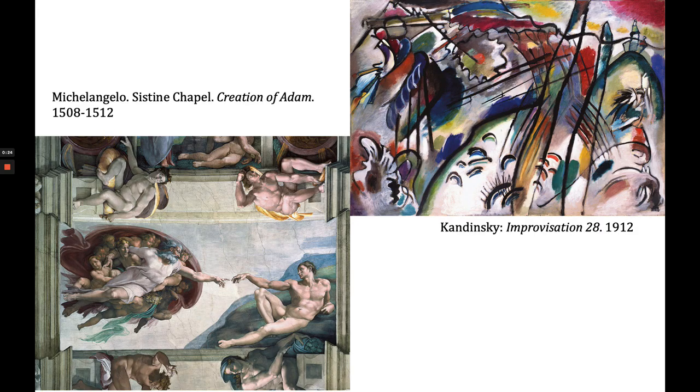And so what we're going to do this week as we cover modern art is discuss how the art world goes from something that looks like Michelangelo's Sistine Chapel, which is very visually realistic, focusing on telling a story, to Kandinsky's Improvisation No. 28, which is a movement towards abstraction. I wanted to talk a little bit about this change and why it happened, so that we can have a deeper appreciation for the cultural manifestations as they present this.